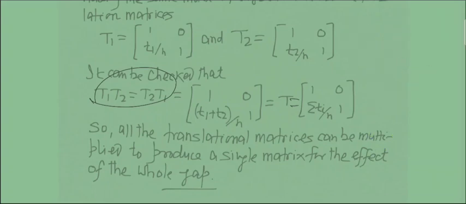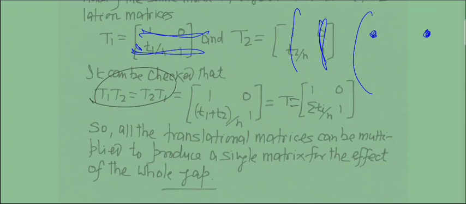So you can write it. This row multiplied by this column, the result will be written over here. Then this row multiplied by this column, the result will be written over here. Then this row multiplied by this column, the result will be written over here. And if you do that,